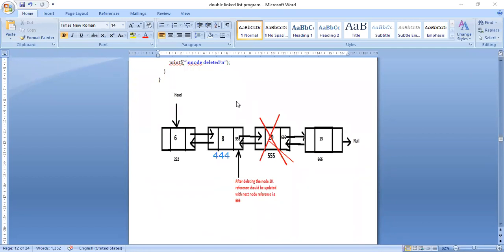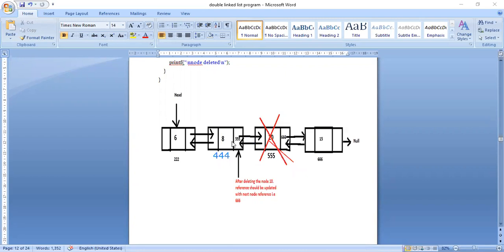So now, instead of 555, if I keep the value 666, automatically this link will be destroyed. And at the same time, in the previous part of node 15, instead of 555, if I keep 444, automatically this link will be deleted.